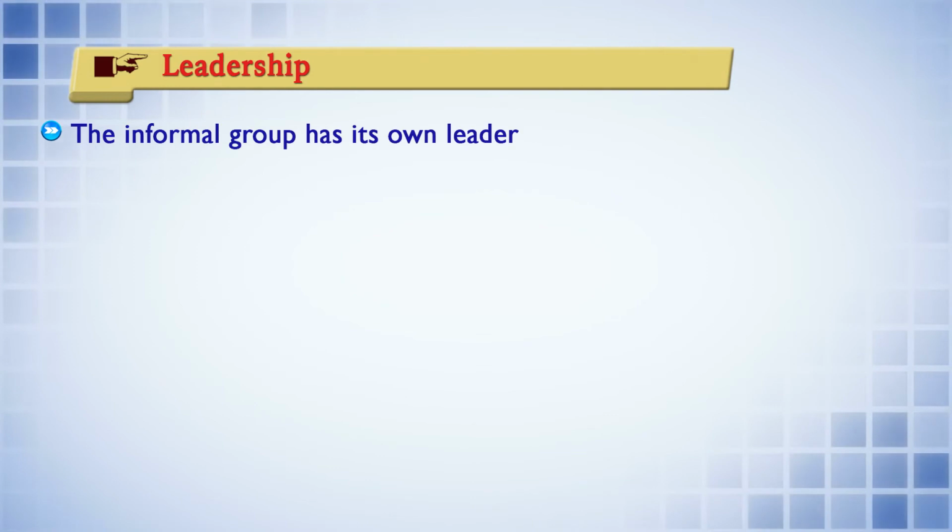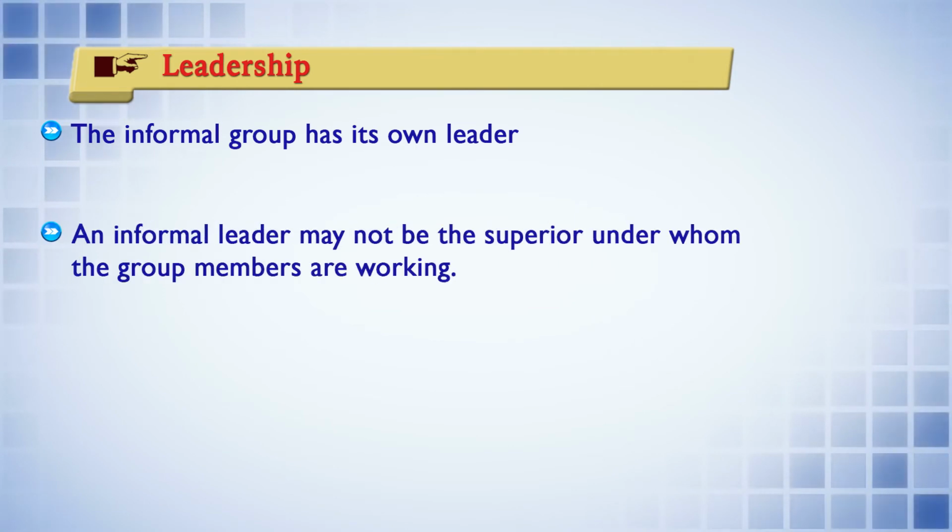As far as communication is concerned, I have already said that in the informal organization, communication is not very strict. Therefore, there is a possibility of rumor in the informal organization, and that rumor sometimes may be detrimental also. Next, leadership. Because in the informal organization there is no well-defined leadership, leadership emerges among the groups, and there is no superior-subordinate relationship, therefore everybody may work together.